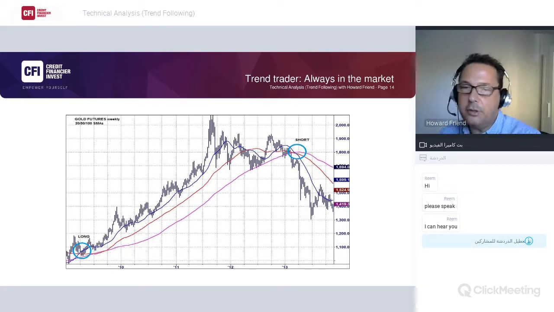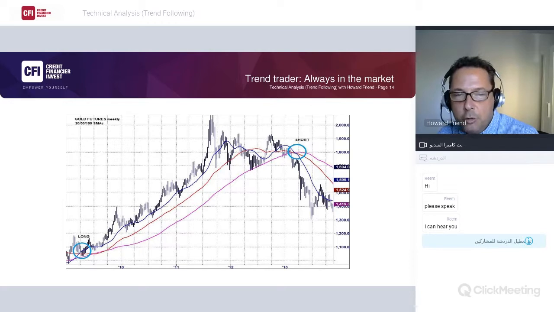So as before, you can see how the 20-week moving average offers some pretty good support within an uptrend. So when these pullbacks come, the market doesn't stray too far below the moving average. It kind of bases out within this zone between the blue and the red. So a trend trader will be looking to get in on this point here, and they'll be ignoring all these